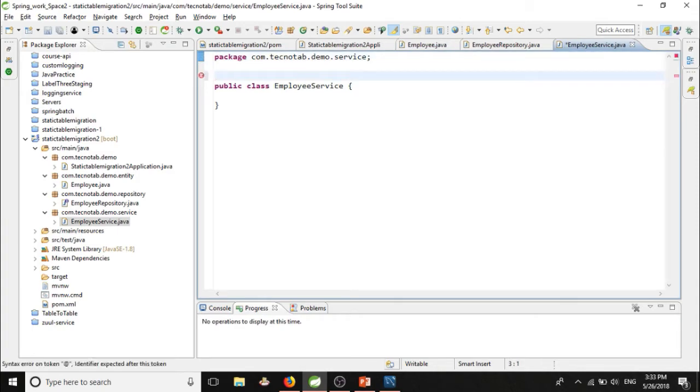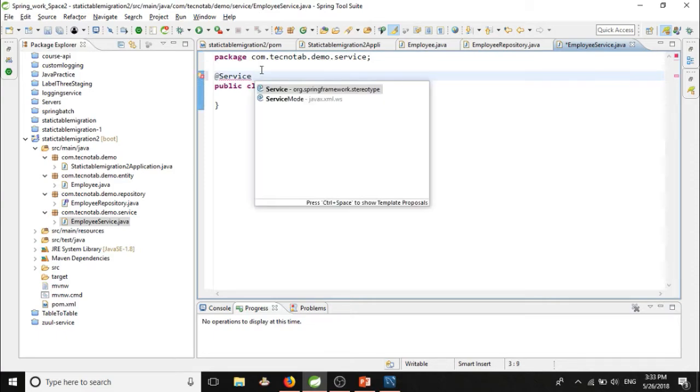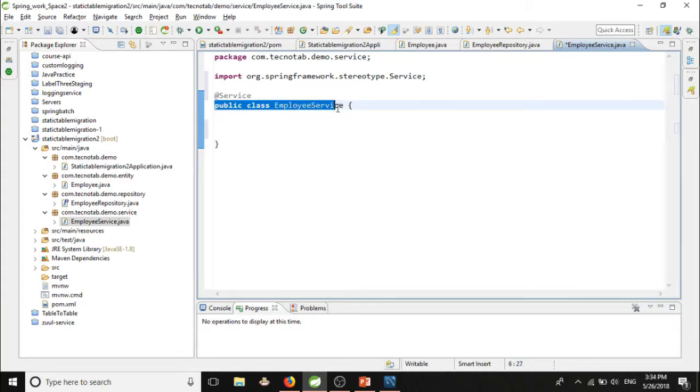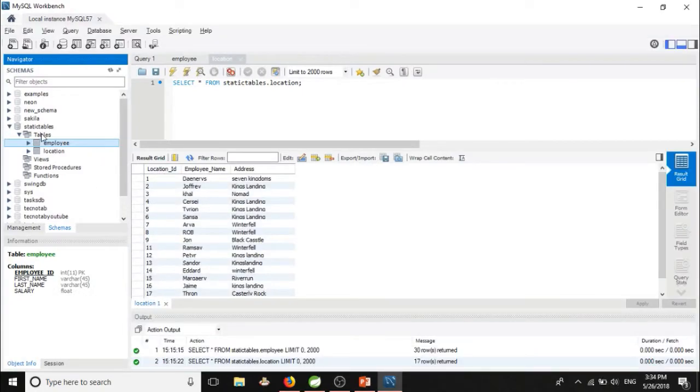So this is a service class. Let's annotate it with the @Service annotation. And in this service class, let's create a method which will return all the fields from the Employee class.